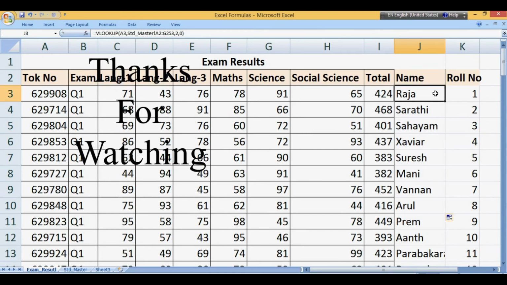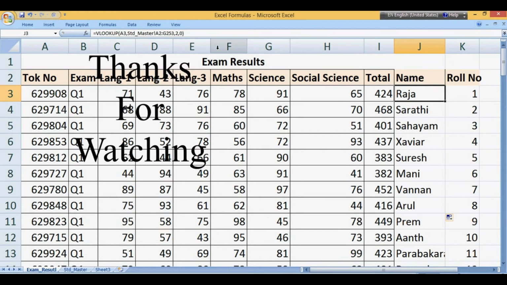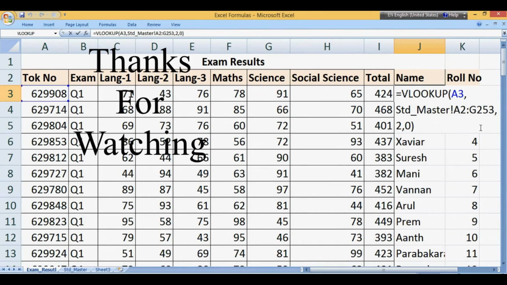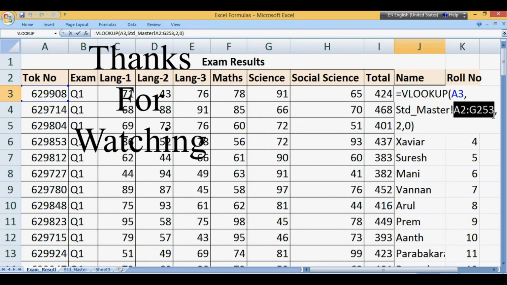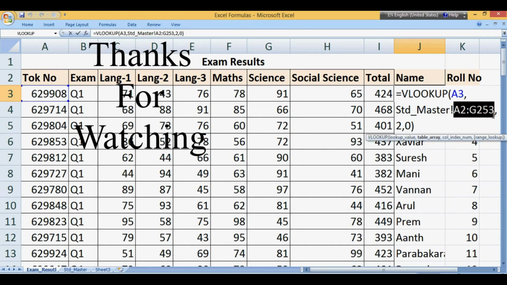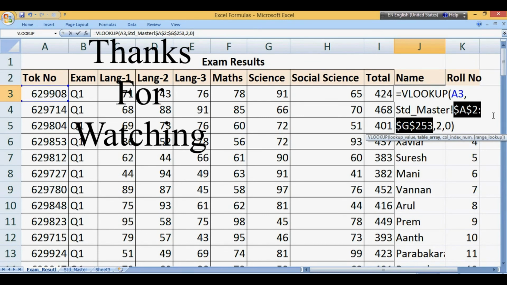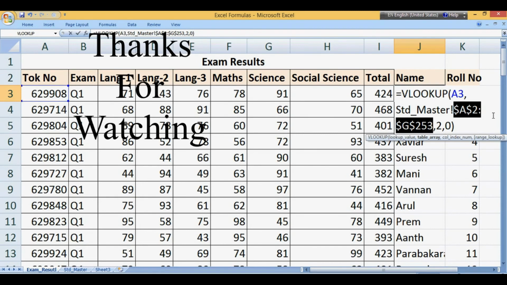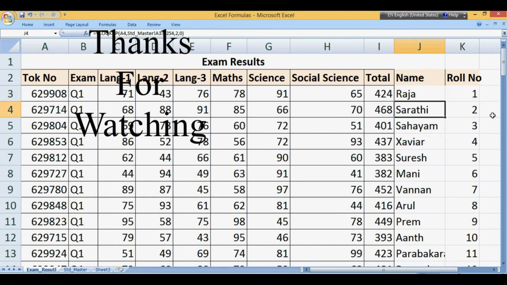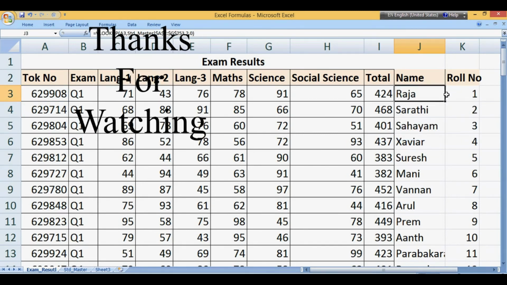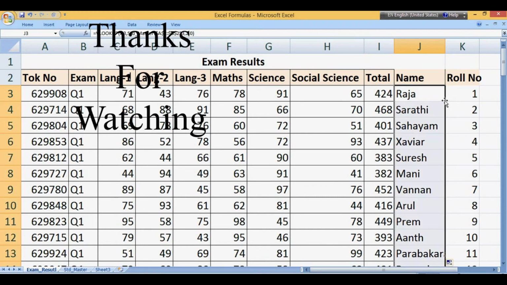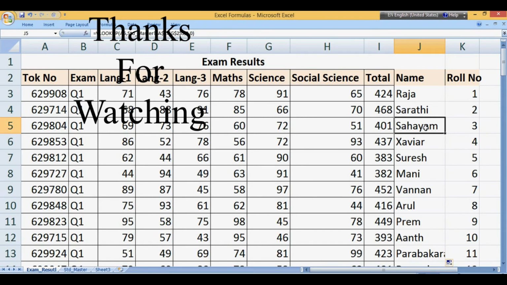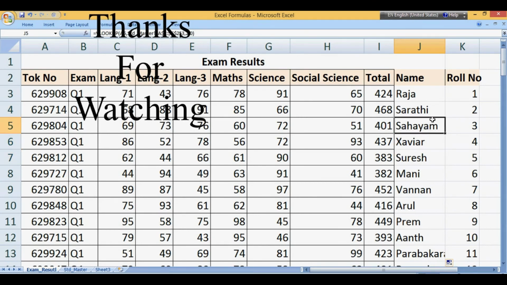To avoid that, what you have to do is go to the formula, select A2 to G253, press F4. So it puts dollars instead of A2, it becomes $A$2. It means if you copy paste also, the formula will not change. For example, see, the A2 to G253 remains the same because of dollar.